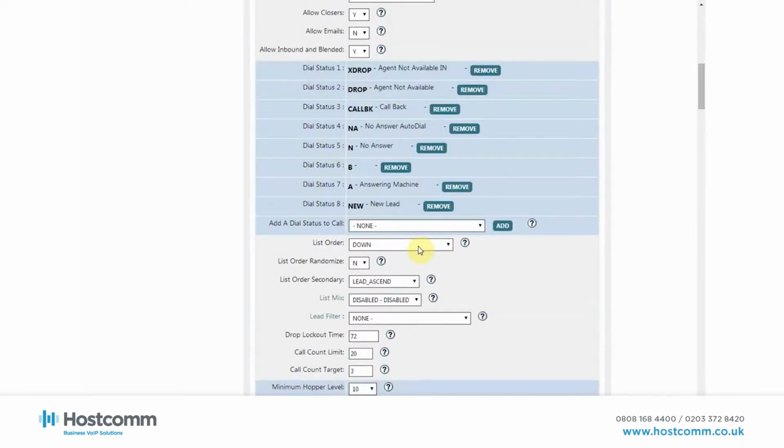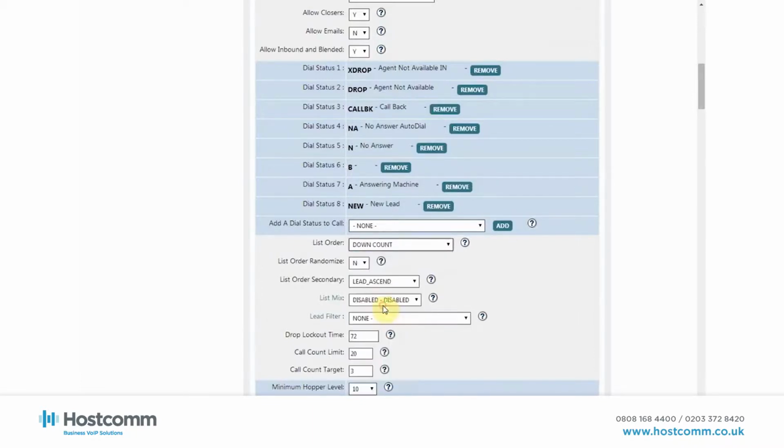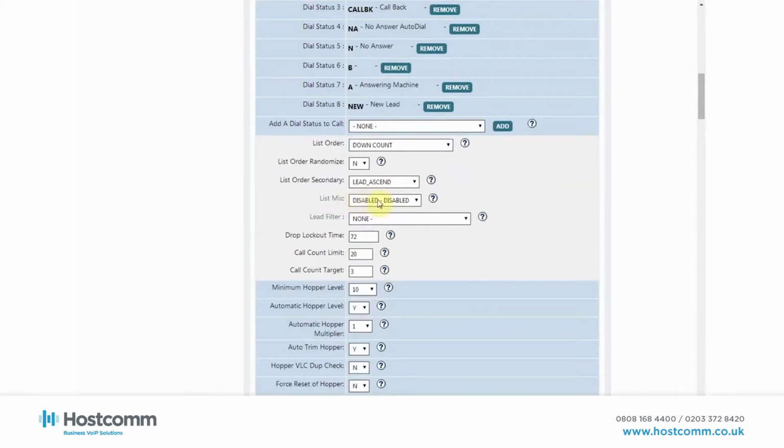We can choose the order in which we dial our data. So at the moment we're calling our data from the top down. If you're adding data regularly to an existing list ID, then it gets added to the bottom, so you'd probably want to change that list order to up. But you can also do useful things like down count. So let's say, for example, you were working some old data that's all been dialed before. It's got a count against each lead, so it knows exactly how many times each lead has been dialed. Setting it to down count will call the leads with the lowest count first and work its way up to